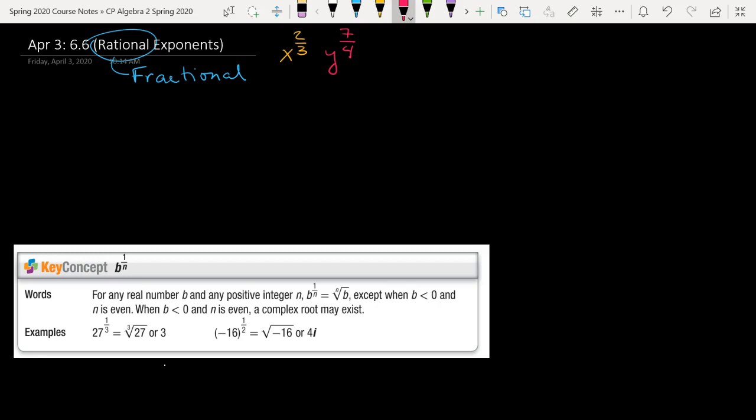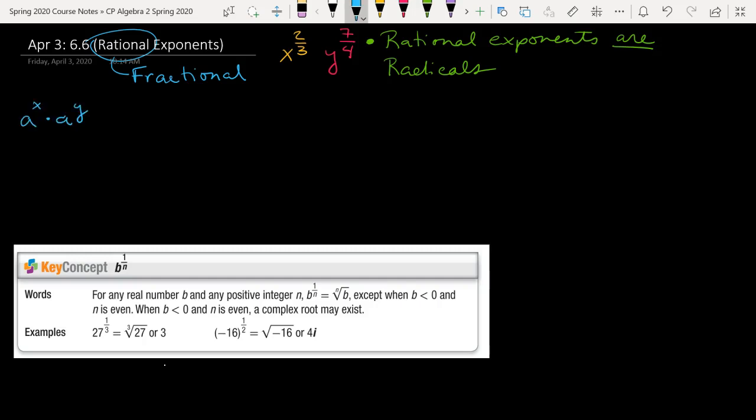We've spent a lot of time over the last couple of sections simplifying radical expressions. But what we're going to find in this section is that rational exponents are radicals. They're just another way of representing radicals. I'm going to show how this works, but first let's go back and remember a couple of the important rules